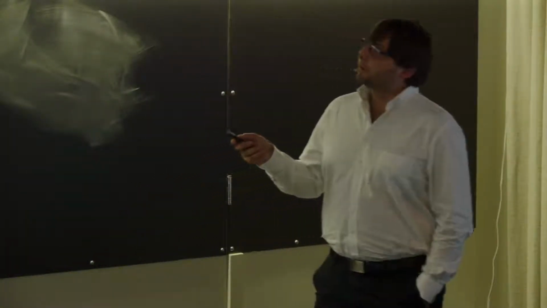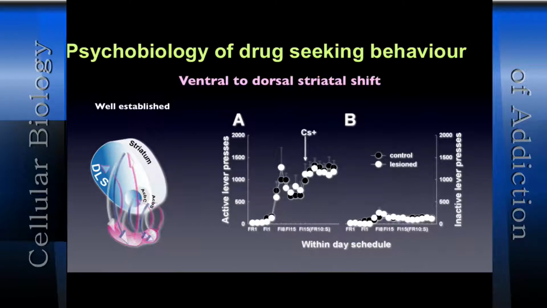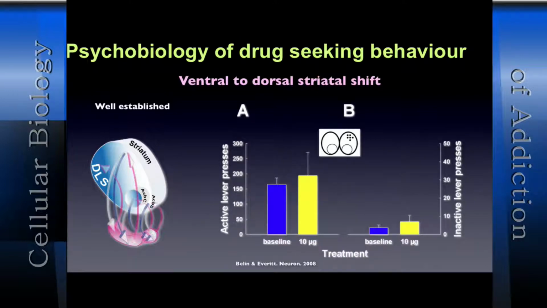We made sure that lesioned animals acquired conditioned reinforcement to the same extent, the same way as control animals. So the unilateral core lesion on its own had no effect on the acquisition of cue-controlled drug-seeking behavior. After 3 weeks of training, we took the control animals that had no lesion, and we performed a unilateral infusion of alpha-flupenthixol into the dorsolateral striatum. And we show that this manipulation has no effect on well-established cue-controlled drug-seeking behavior.